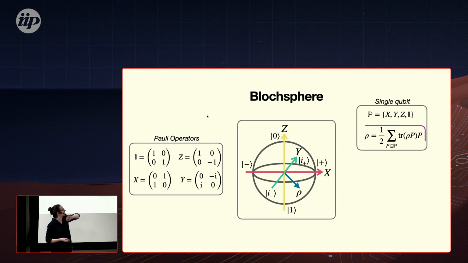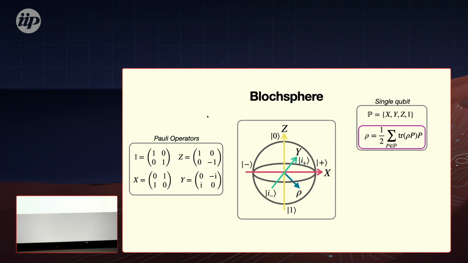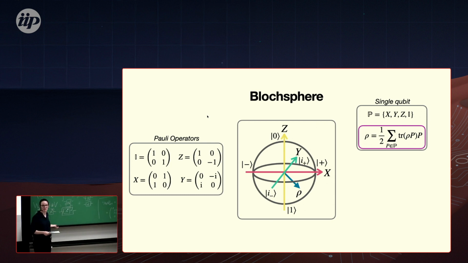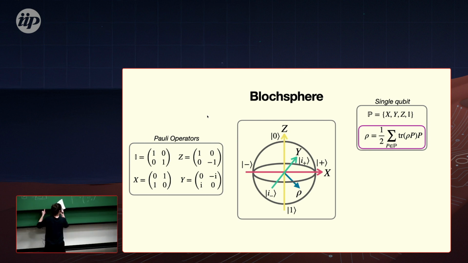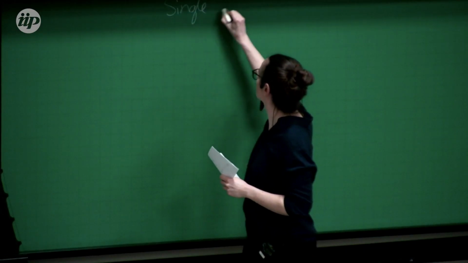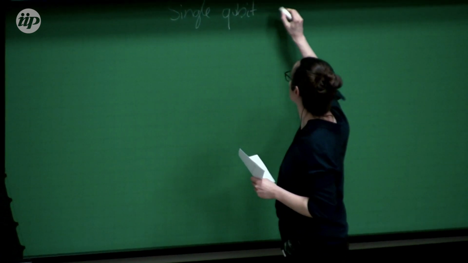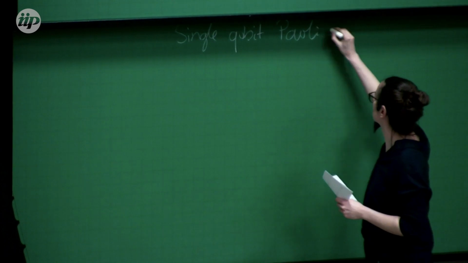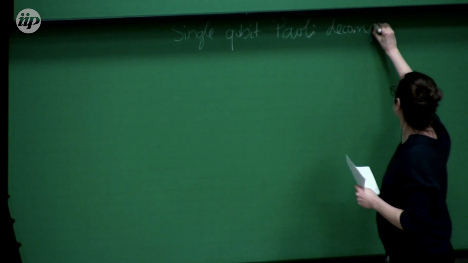And I first want to quickly show you that we can prove this without using that it's an eigenbasis for the Hermitian operator. We can prove that this is true. And I think it's very instructive to do so, because we will use the tensor diagram language to do so. Can everybody read this board when I write here? Okay. All right. So we look at the single qubit Pauli decomposition.